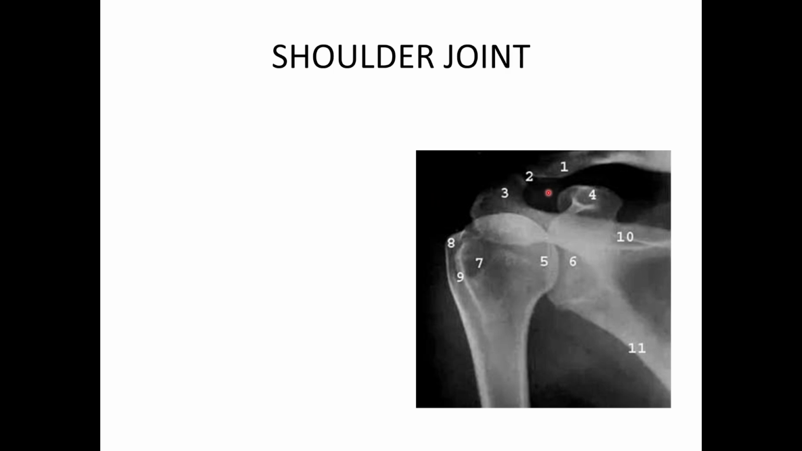Here is another shoulder joint. The modality is plain X-ray and the view is anterior posterior. 1 we have the clavicle, 2 we have the acromioclavicular joint, 3 we have the acromial process, 4 we have